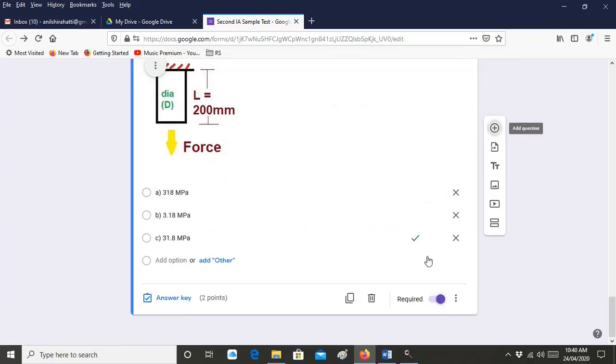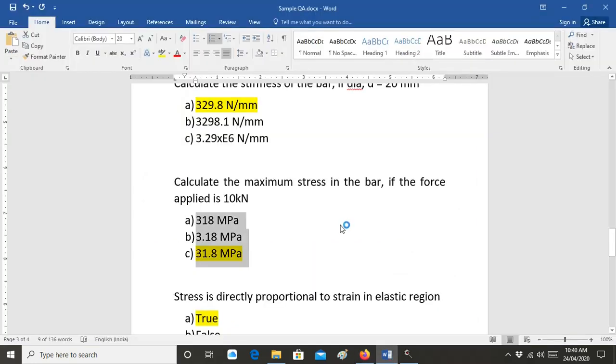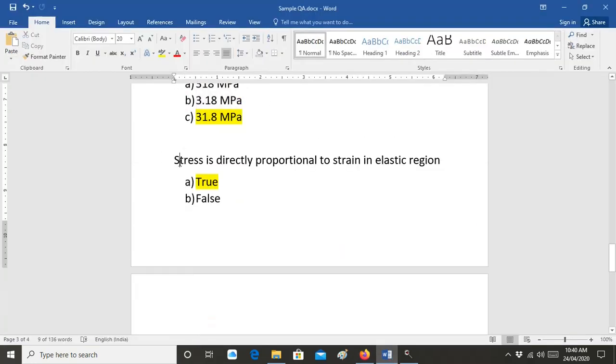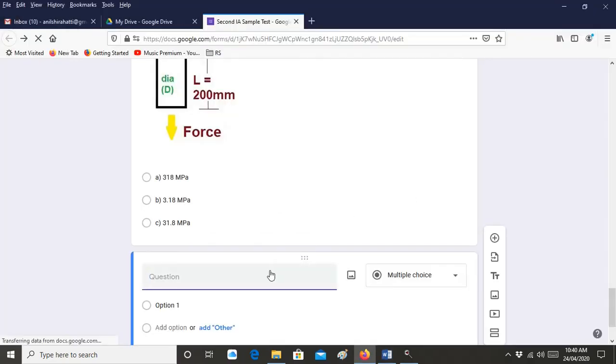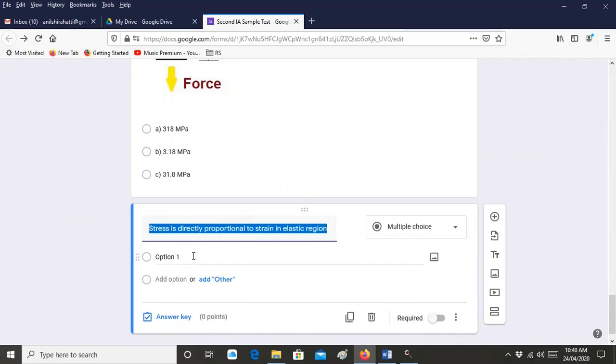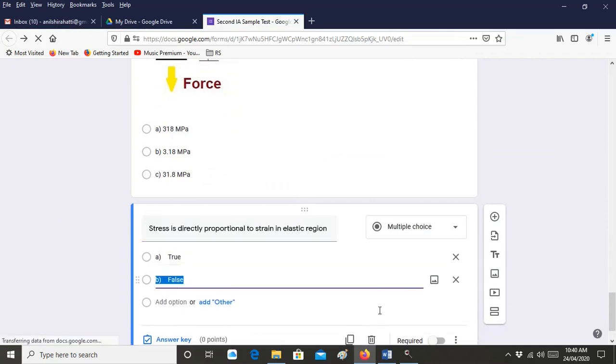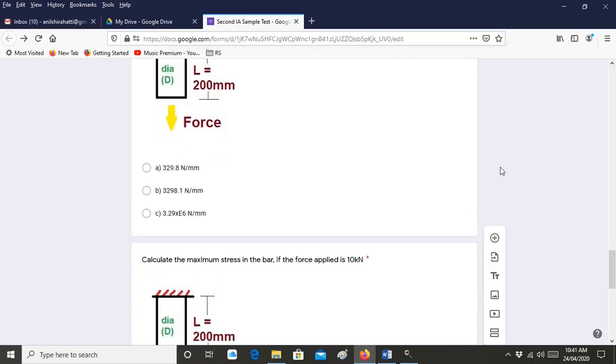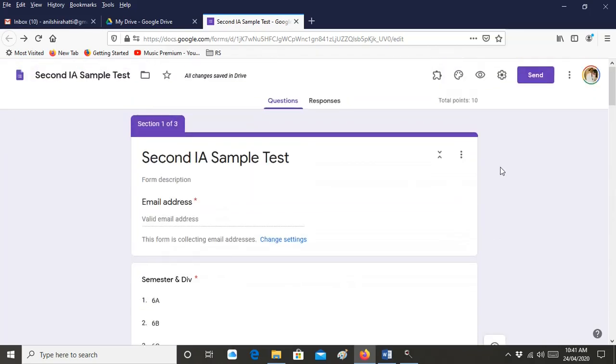Now again in this section, the third question I have given, I am not using that figure, but you can say this question is related to this section. So there is true or false. Okay, so I choose the option true or false, only 2 options in this case. So required. So now let's go through all this once again.